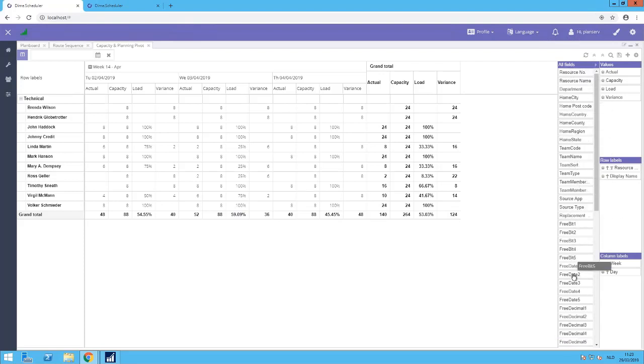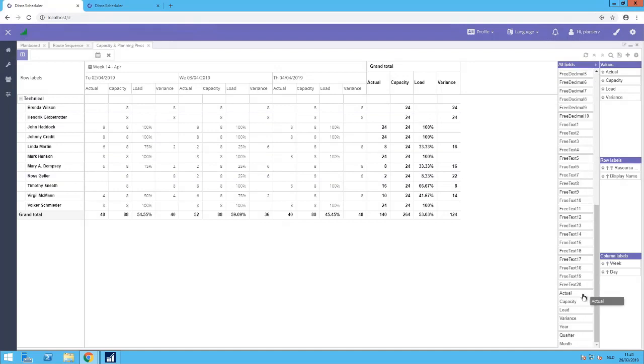These are all fields related to, first of all, the resource, which you can add to the row labels or the column labels. So if you say, I want to see my capacity per department, per team, per region, whatever, as long as you have the data, you can just drag and drop that field to the row labels, and then the capacity pivot will be updated. Next, you also have the values, as we told, so actual capacity, load, and variance, which can be dragged to